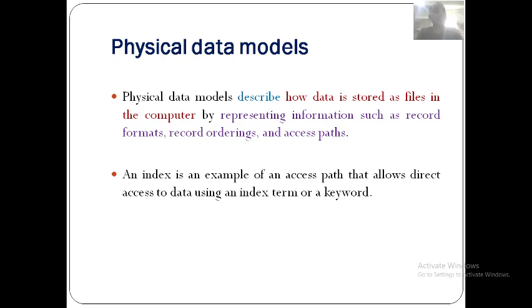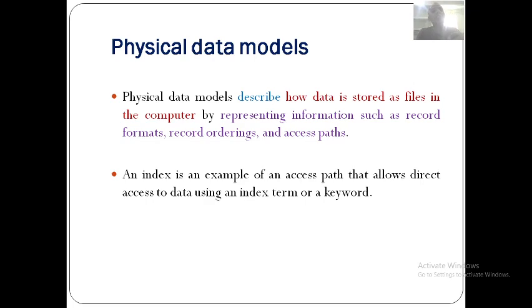If I take a real-world example, if you want to build a house, first you plan what the expenditure should be, where the hall should be, where the kitchen should be, where the veranda should be, and how the outlook should be. You decide everything. That is nothing but a high-level data model. Then the actual implementation of the house takes place, that is the implementation data model.